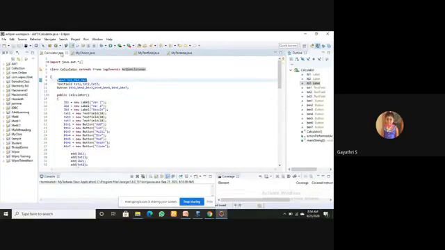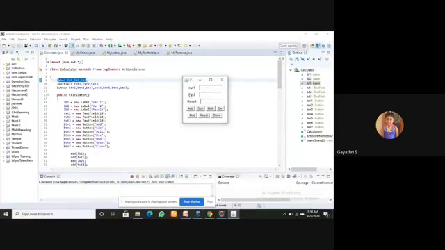First I will run the program. Three labels are available, so you are creating the objects for the label class: lb1, lb2, lb3. Then three text fields are available, so you are creating three objects for the text field: text1 for the first, text2 for the second, and text3 for the third, which is about the result. Text1 and text2 are for receiving input from the user.